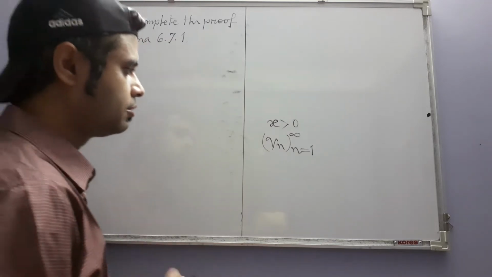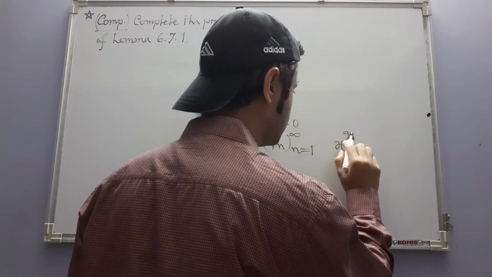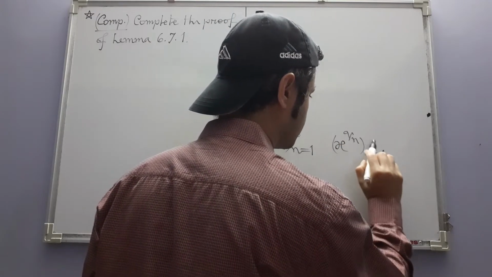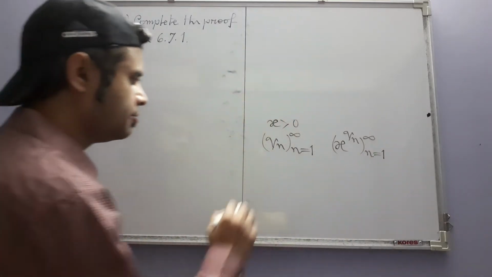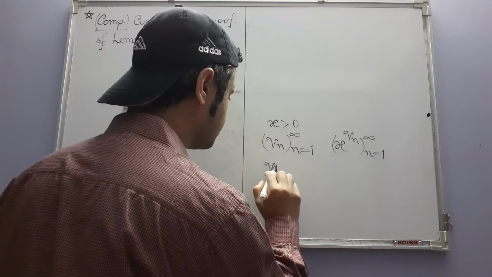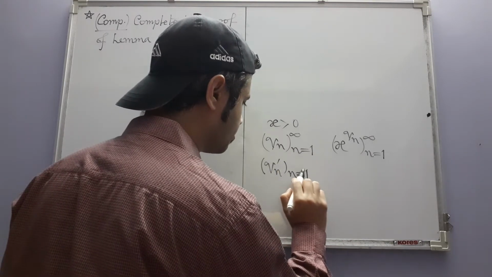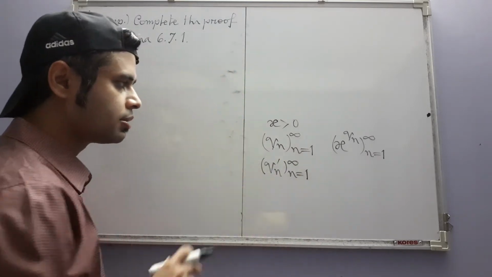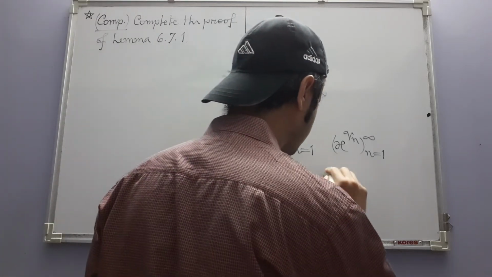We were then required to prove that this sequence is also convergent. Additionally, if this is another sequence of rational numbers that is also convergent and these two sequences have the same limit, then